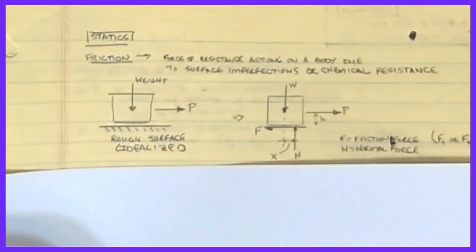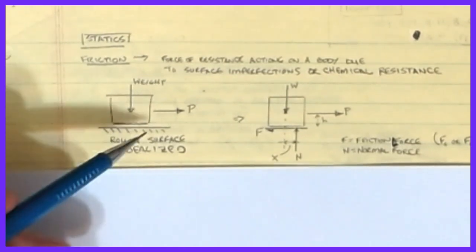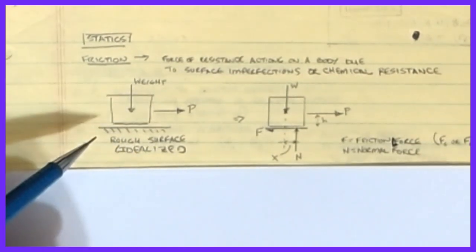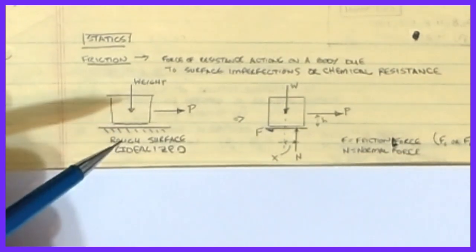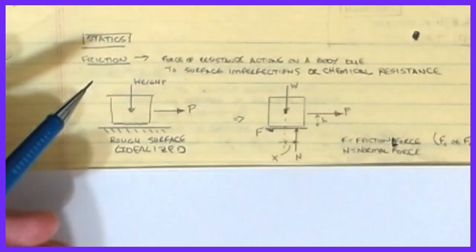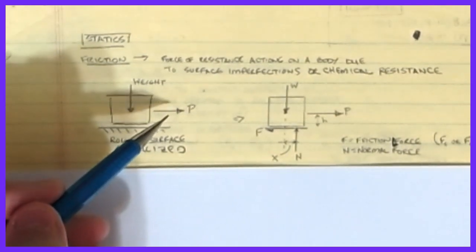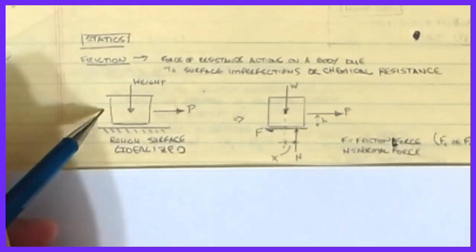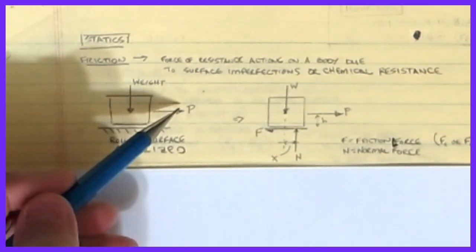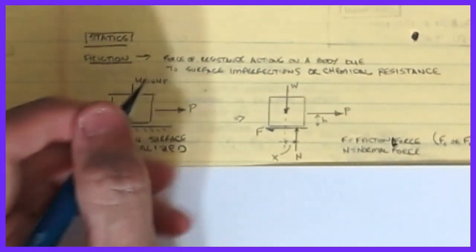Okay, if we looked at a normal object, in this case, say just a block that's acting on some surface. Up until this point, in all the lessons that we've talked about, we had neglected friction. But we look at an object that has some weight and it has a force P that's wanting to push it, then Newton's laws say that this object wants to move in reaction to that force, right? Force equals mass times acceleration. Here's my force. The weight is part of the mass. This is actually mass times gravity,